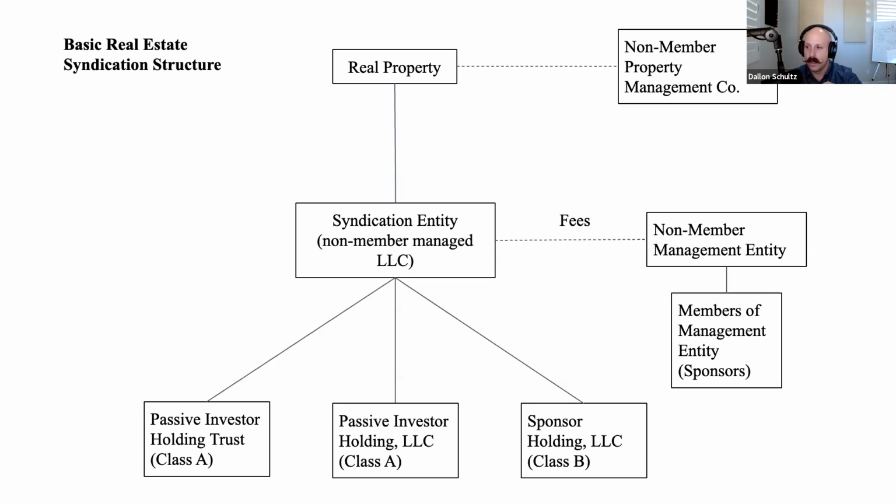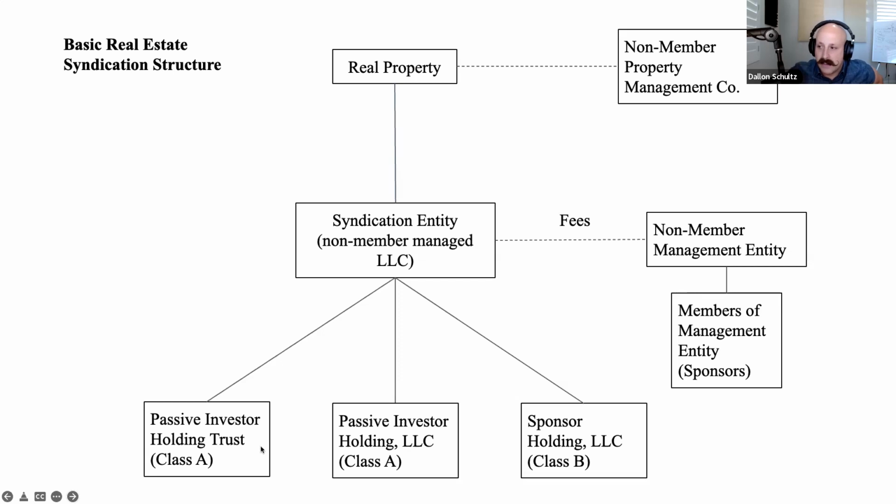Excellent. And as a passive investor, it's good to recognize and be aware of this structure. Even though you're not going to be the one putting it together, this is something the sponsorship team or the general partners do, and that's another note too. You'll hear GPs and LPs used somewhat incorrectly, just because that's the jargon and the language. So even in this case, when you're using LLCs, you've got the sponsors down here that are members of the management entity. You might very likely hear them referred to as the GPs. And over here, the Class A membership units, you might very likely hear referred to as LPs. So just be aware of that as you're vetting these deals and getting familiar with the jargon.